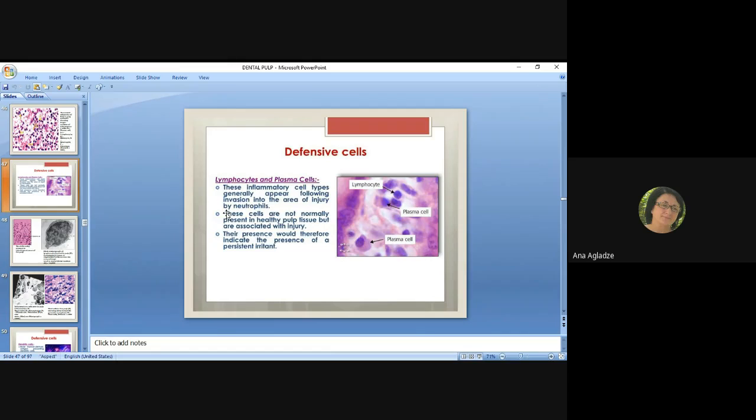Please keep in mind that T lymphocytes only recognize remnants of the pathogen on the MHC complex, which is called the major histocompatibility complex. And after recognition, it activates and releases some interleukins, for example, interleukin 4, which can activate the B